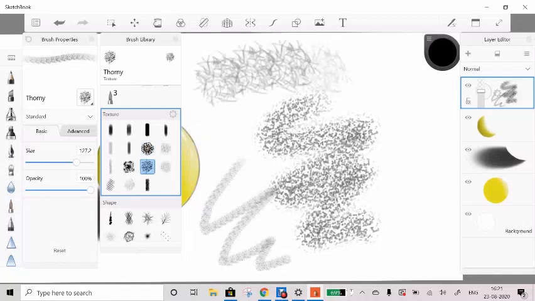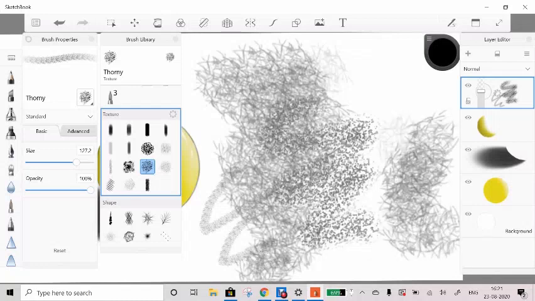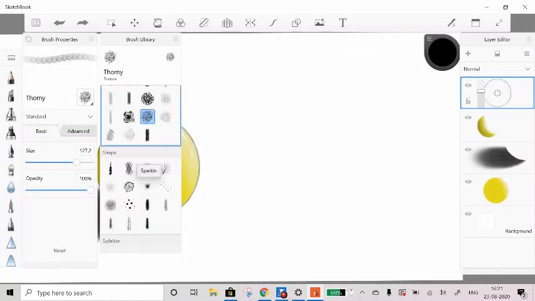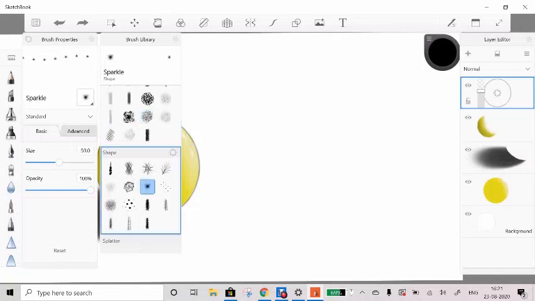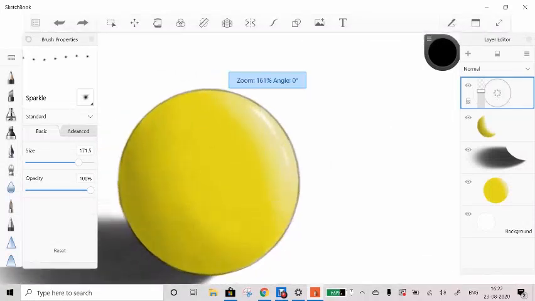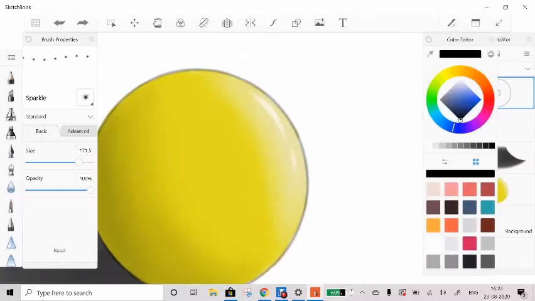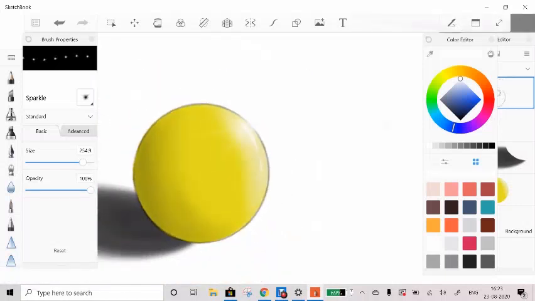If you want to give a background to an image or whatever you have created, these tools are amazing. And one of my favorites is the sparkle one. If you are making an illustration and if there are jewelry or a shining part, you can use this one. Right now, if we click on the sparkle option, since the background is white, I'm going to use a black color to show the effect to you. And if we increase the size, it's actually like this. So on the ball, if you want to show a bit more shine, you can just select a white color and adjust the size. There you go.